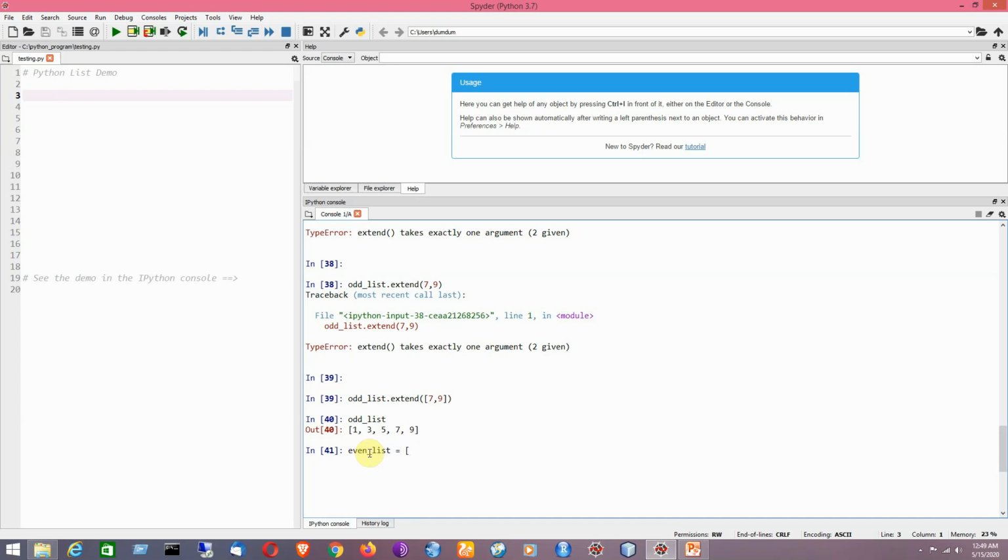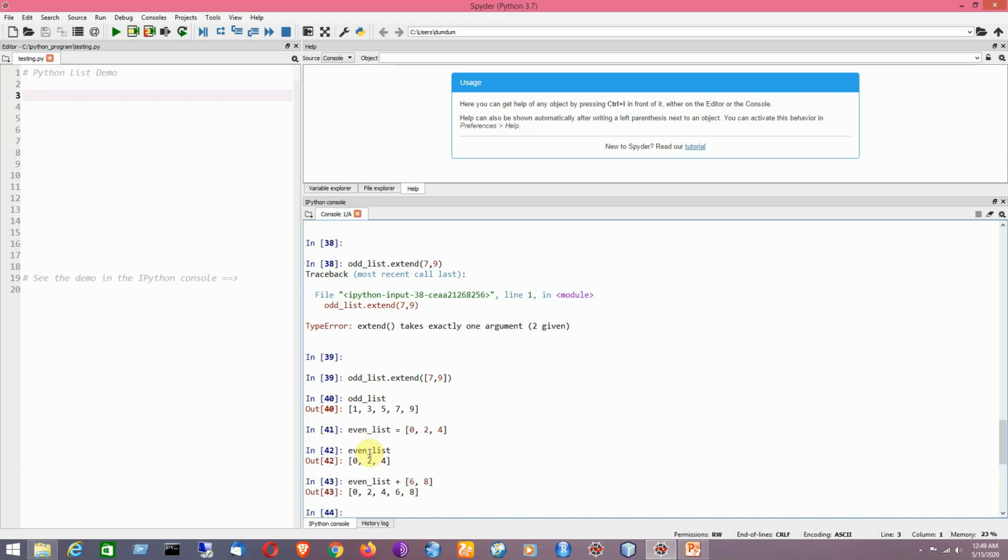It is now having 0, 2 and say 4. I would like to print it for testing. It is okay. Now I would like to add, say for example, so it is now added.